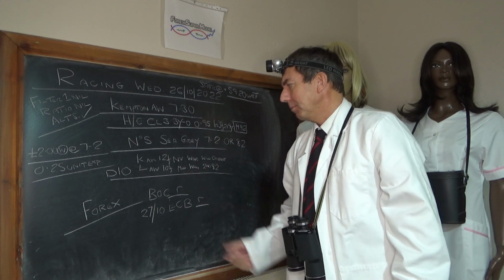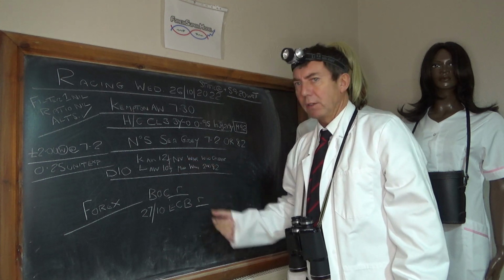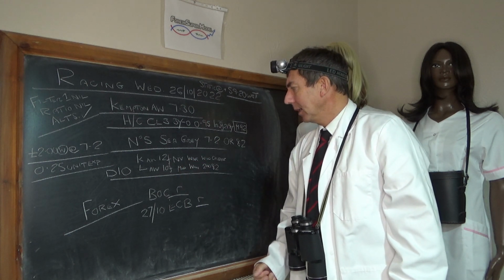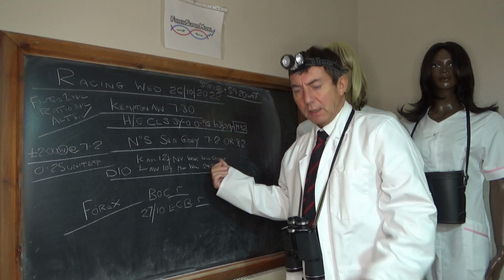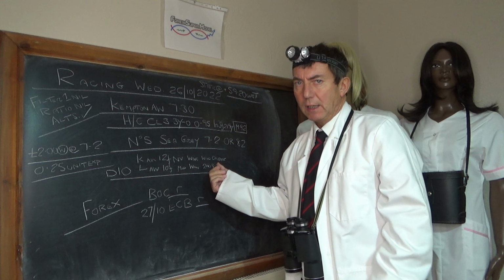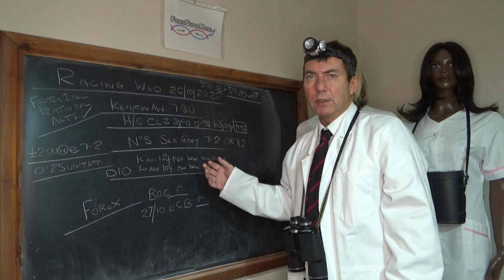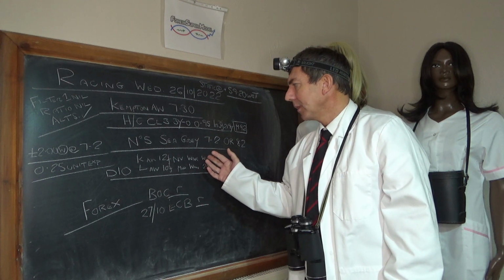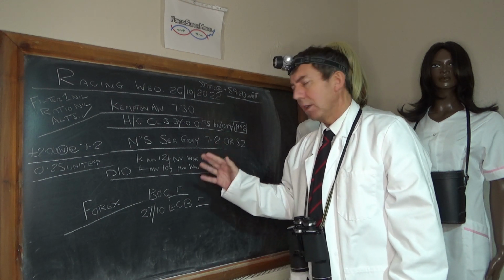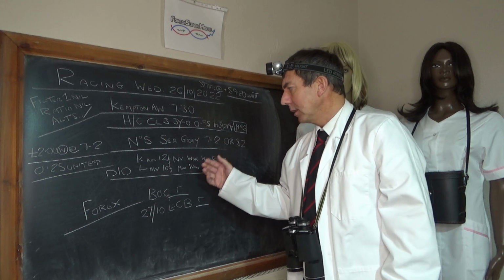Then they stuck it into this Kempton 12 furlong, which is basically where we are today, in a novice stakes. And the winner, Wild Crusade, was subsequently second in the Heritage Handicap, rated about 104. So that was a decent race. What do we know about that race? Well, if you watch it, you'll see that